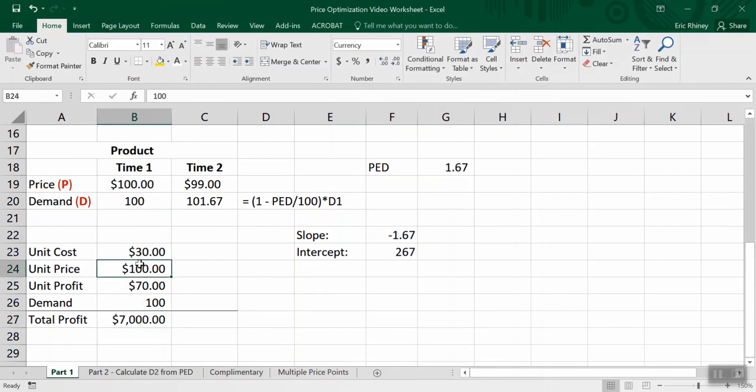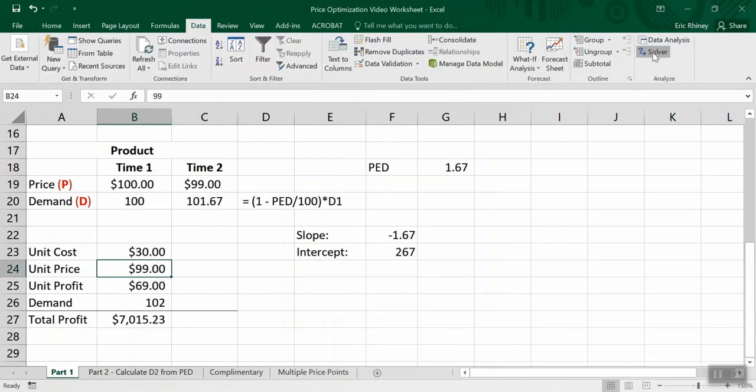So again, we see at $100, demand is $100. If I change the price to $99, remember this is rounded, so it's 102 units, so it seems to be working correctly. All right. So now I can again go into